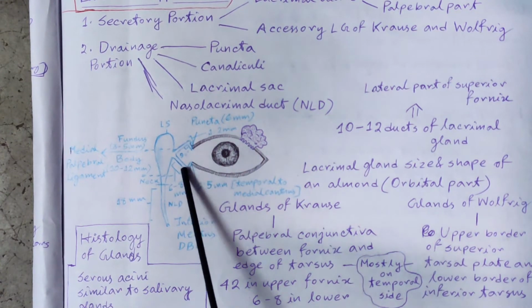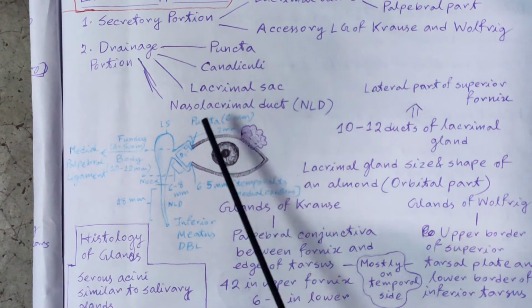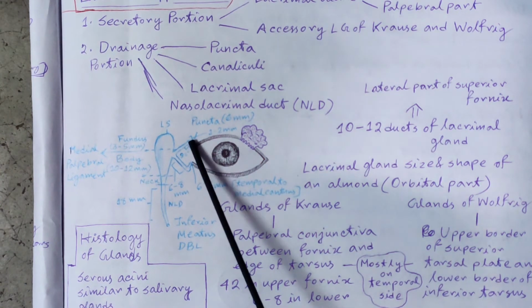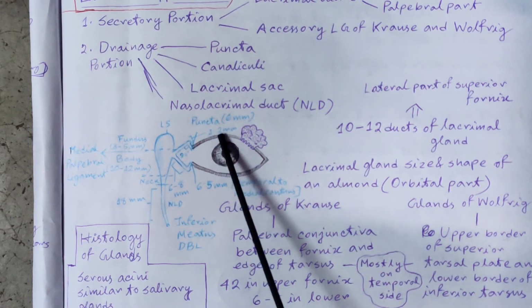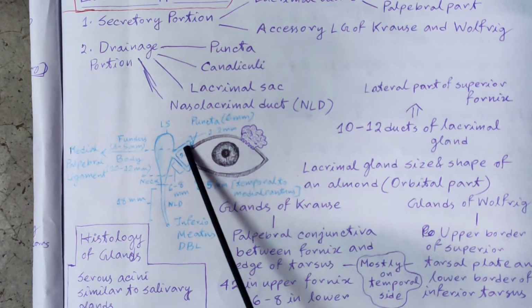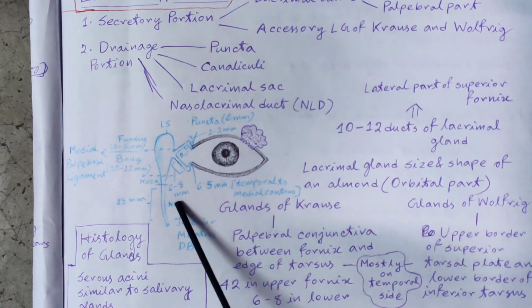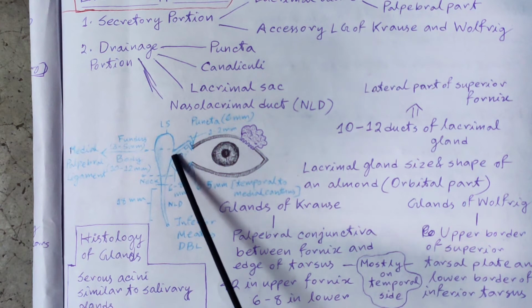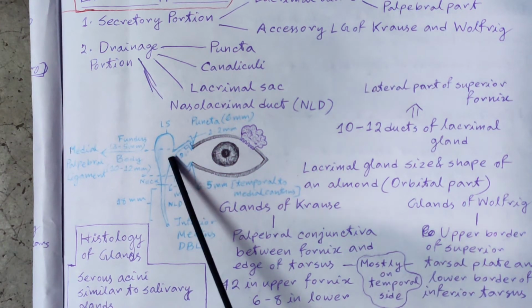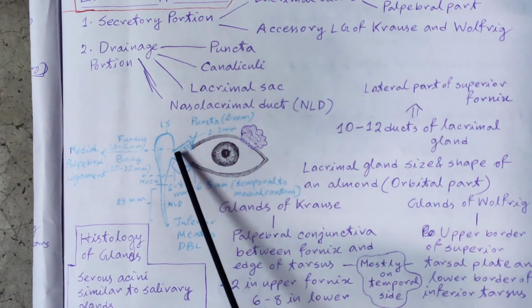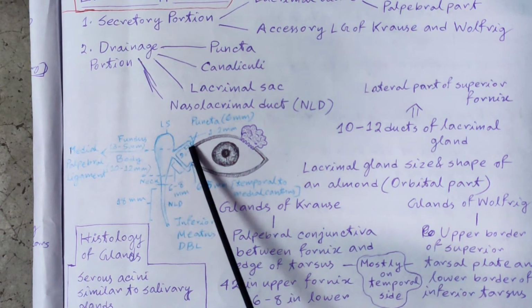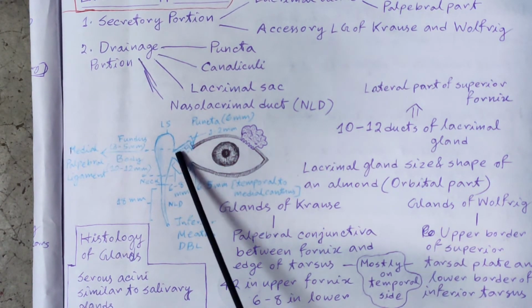The upper and lower canaliculi are both divided into a vertical part which is 1 to 2 millimeters in length and a horizontal part which is 6 to 8 millimeters in length. They can both join to form a common canaliculus or they can separately merge into the lacrimal sac. The point to be noted is that both lacrimal canaliculi join at perpendicular angles.